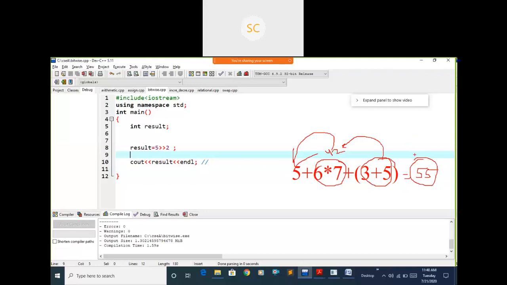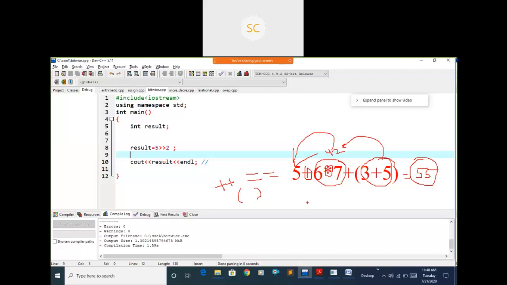In the same way, while executing any expression, we have different operators we are going to use: some plus operator, multiplication, an equals to operator, an increment operator, and parentheses also.